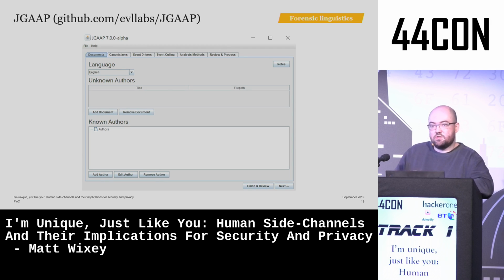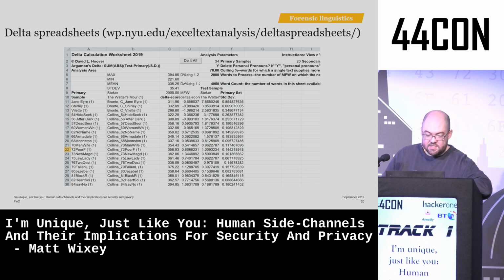So some tools that you could use to do this, and these are all free to download. These are all available now. They range in their ease of use and applicability, but the first is JGAP, which is available on GitHub. It's a Java-based tool, pretty complex for first-time users, but it shows some promising results. Pretty easy to use. As you can see, it's just a GUI that you load different text into, and it will compare those using a number of different techniques. Delta Spreadsheet. So you'll all be pleased to know as security professionals that this one involves you downloading an Excel spreadsheet and enabling macros.